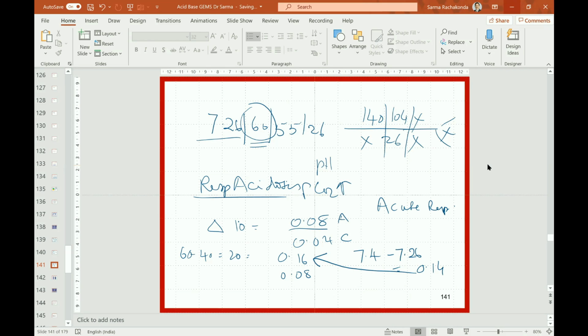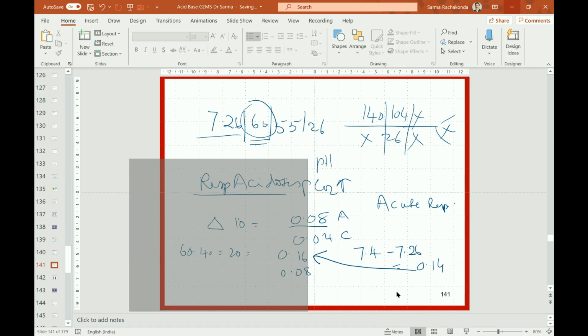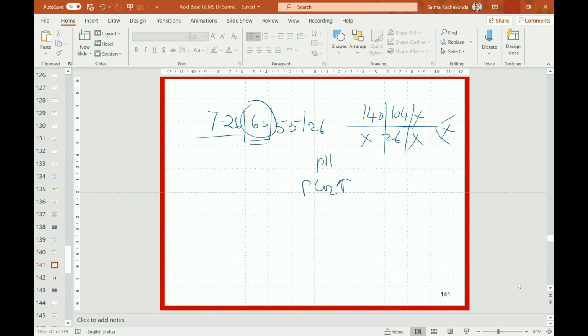Having put the tube, now his blood values are available. Is there any other disease associated? I would like to know. For that, what will I do? I will work out the bicarbonate and then see. How do I work out the bicarbonate? For every 10 units, my bicarbonate should shift. So 10 delta PCO2.